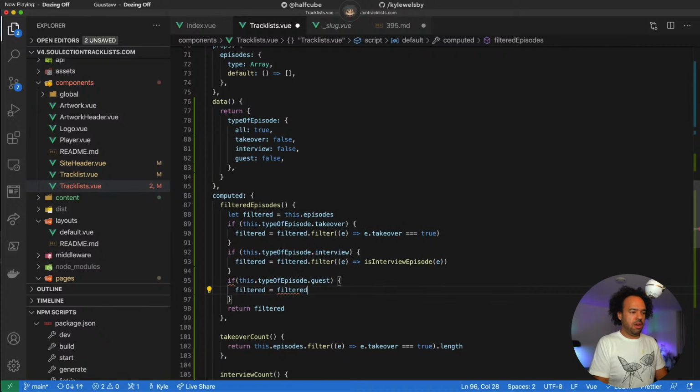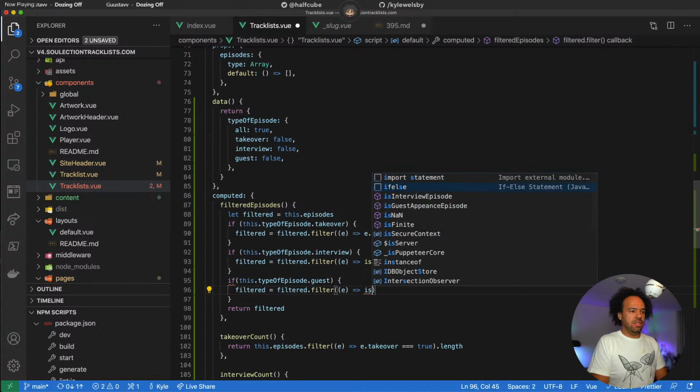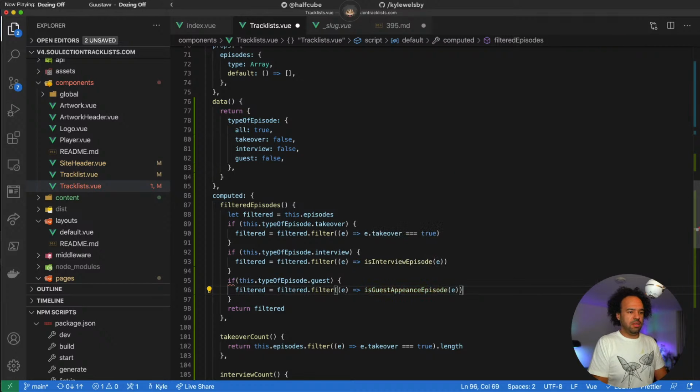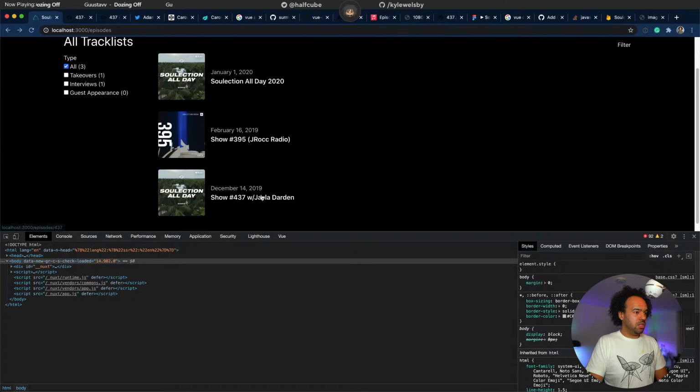We're continuing on that filtration. Filter E is guest appearance episode. I might even be able to shorten that down by just throwing in guest, and that'll call that function. But that should have picked that up.